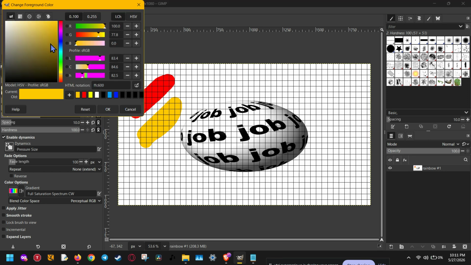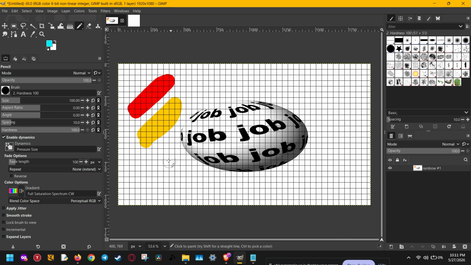First, let's look at the fastest method. If you're already painting with the paintbrush, pencil, or bucket fill tool, you don't even need to switch tools. All you have to do is hold down the Ctrl key. The cursor will temporarily turn into an eyedropper, which means Gimp is ready to sample a color directly from your image. Move your cursor over the color you want, then click on the canvas to grab it. As soon as you release Ctrl, you'll go right back to painting with the new color. This is one of the quickest ways to work in Gimp, especially when you are constantly switching between drawing and